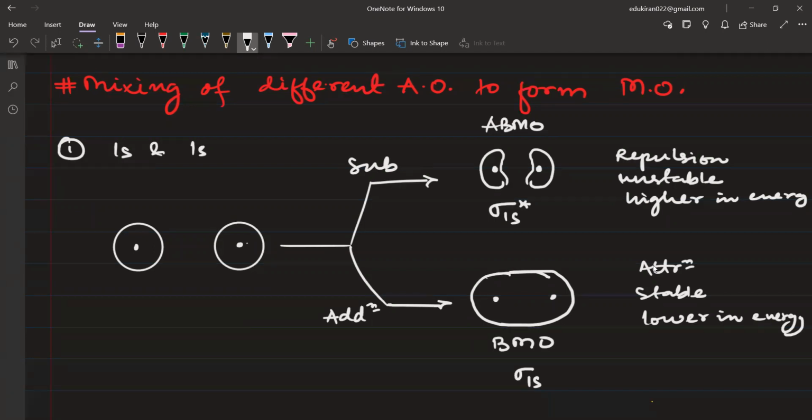Yes, sir. Okay. Now, one more thing you should know: when we have subtraction, one lobe will have a positive phase and the other a negative phase. Now we are going to talk about symmetry. If you look at this particular ABMO, it is unsymmetric. And this BMO, since it is addition, both lobes will have positive phase, and if I write it like this, it is going to be